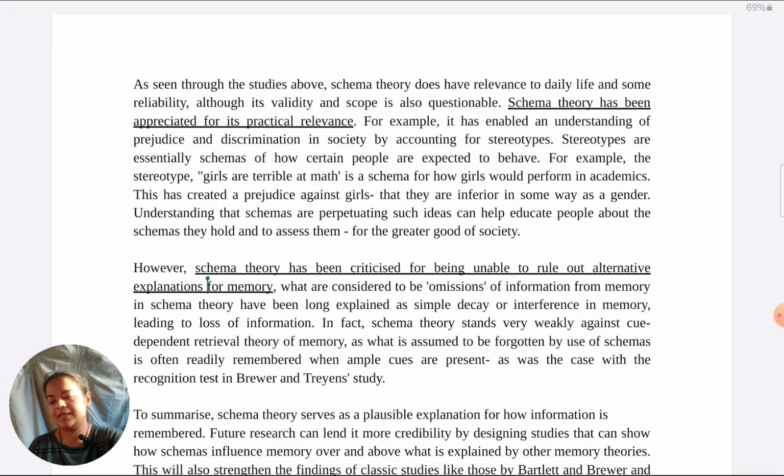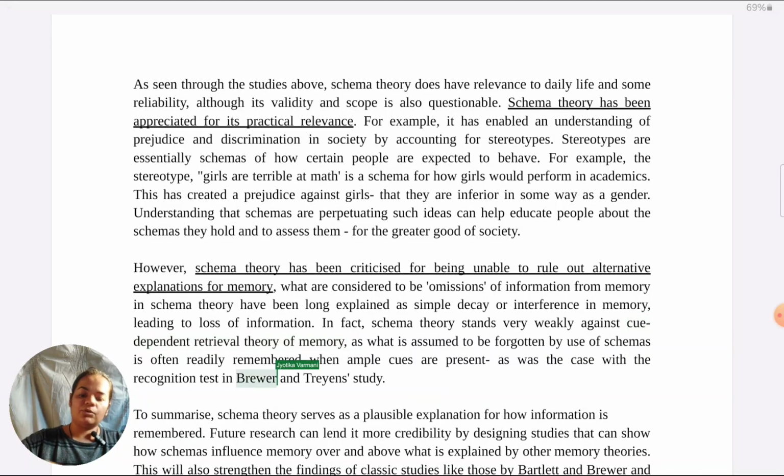The weakness of schema theory has been taken as there are possible alternative explanations. No doubt this point was taken in light of Bartlett's theory also, but here another memory theory which comes very close to explaining what schemas can explain alternatively, cue dependent forgetting, has been taken. In schema theory, we saw that it does not account for recognition and recall failures. It accounts for recall failures, it does not account for how recognition is successful. So cue dependent memory seems to be a better explanation of memory rather than schemas. That is what is explained here. You can read it at leisure.